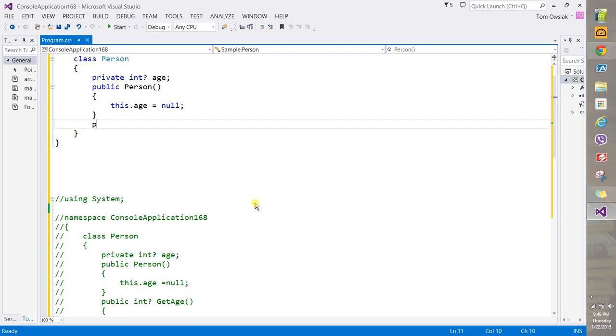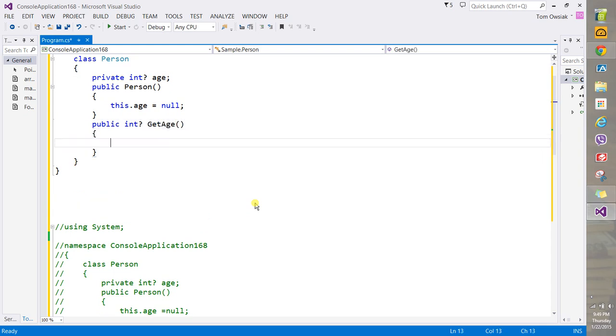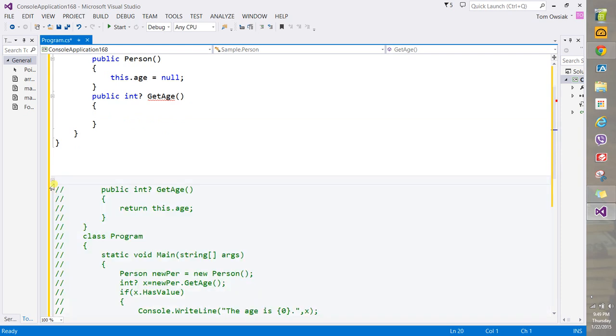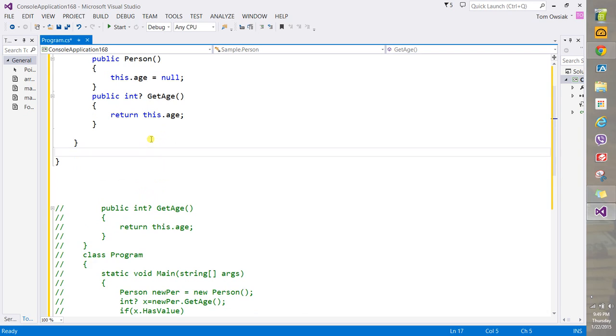Alright, now you're going to say public and then int, and then you can even return these nullable data types like this, and then get age like this. See that? You can even return them from method calls or function calls. Alright, so that is that. Now, here we are going to just return as follows. We're going to say return this.age, so the current object's age, current person's age,